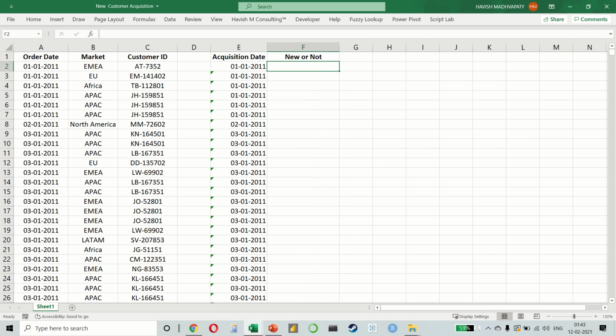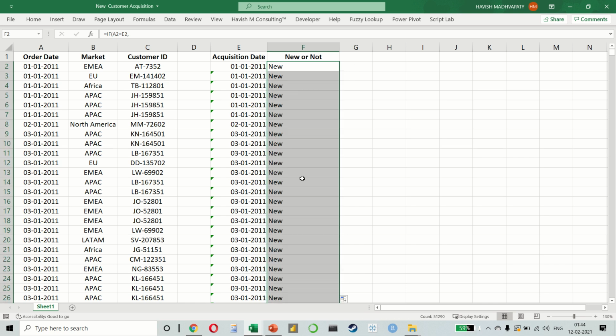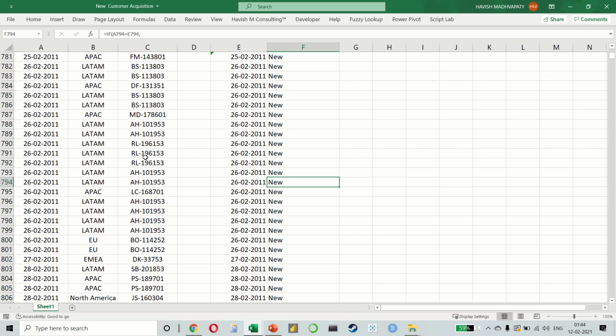So we can write here that if the order date is equal to the acquisition date, then the customer is a new customer, otherwise it's a returning customer. Obviously in the beginning, everybody would be new. Once we scroll down quite a bit,